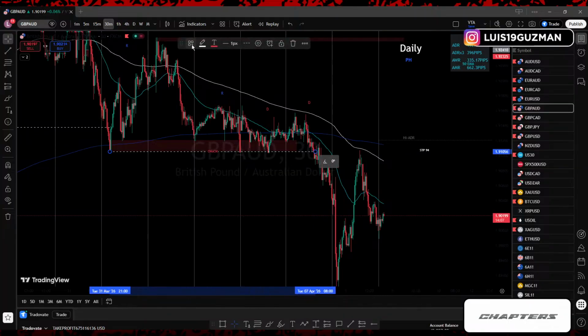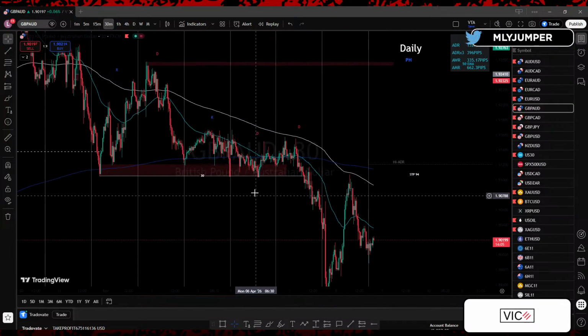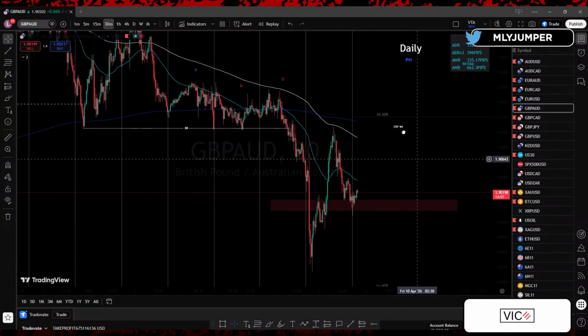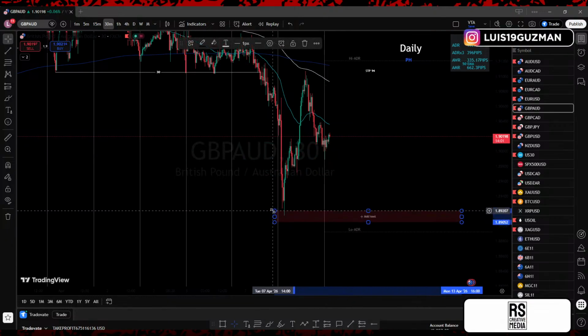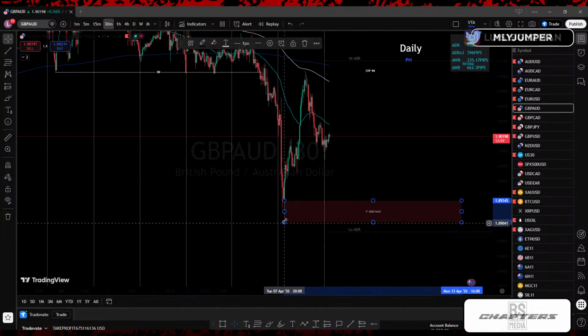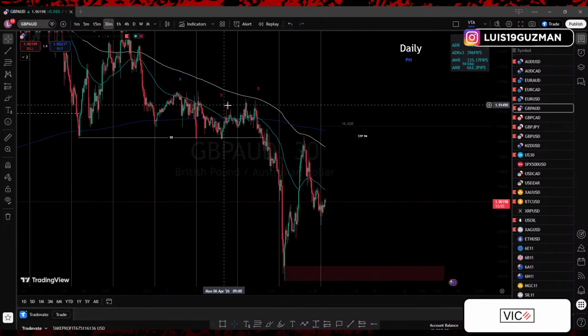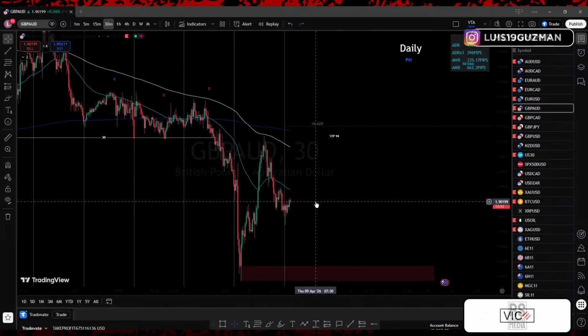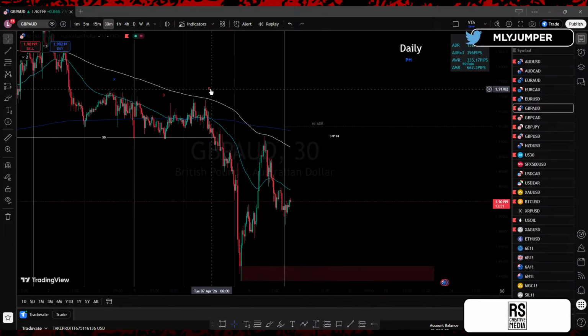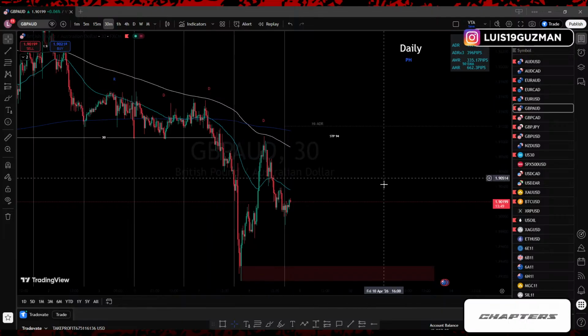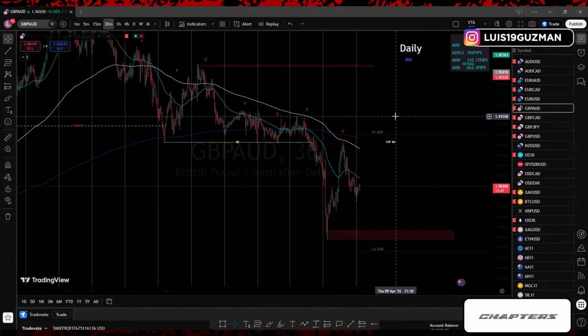So we have the break of structure that happened here, and we are now trading between these lows. We had 2 days of drop. On the third day, price gave us a day of drop. After 3 days of drop, the market must move sideways or go up. So we'll be patient with GA.